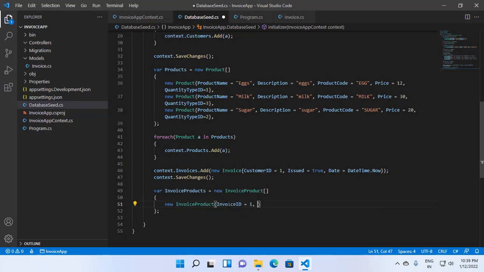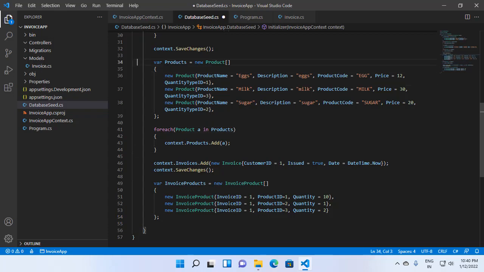Invoice ID, that will be 1 because we have only one invoice. Product ID, we can say 1, and quantity, so we will have, let's say, 10 quantity, and product ID 2 will have 1 quantity, and last one, product ID 3, can have 2,